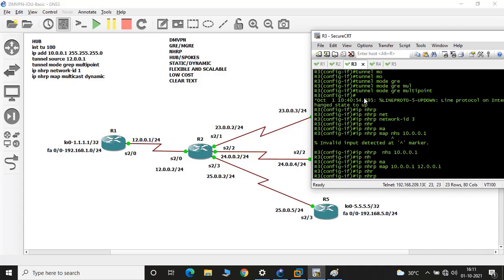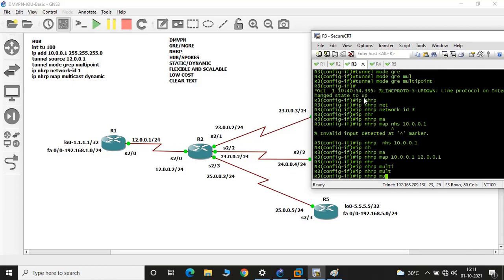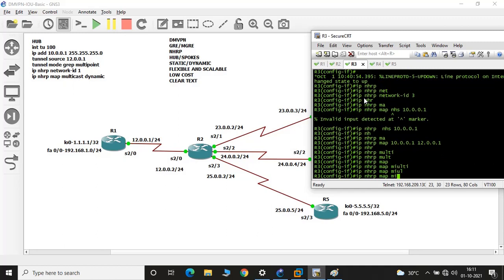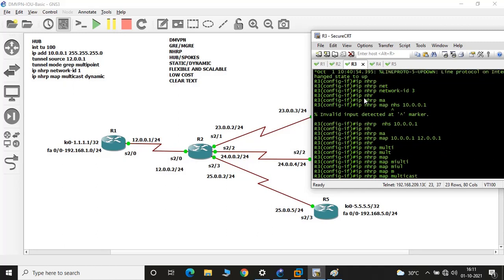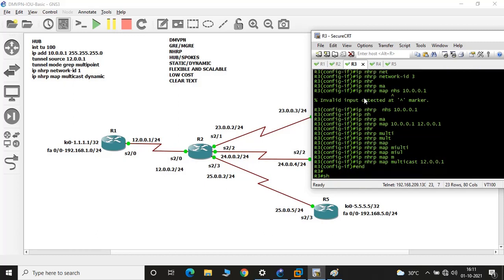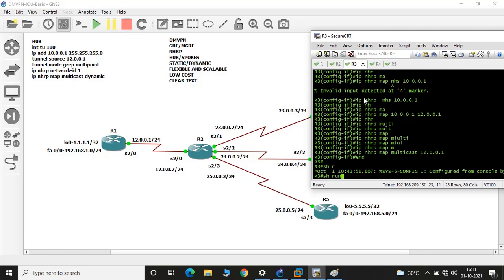NHRP map, we have configured this one. Now you need to define multicast. You need to map all the multicast updates from 12.0.0.1. Let's verify.